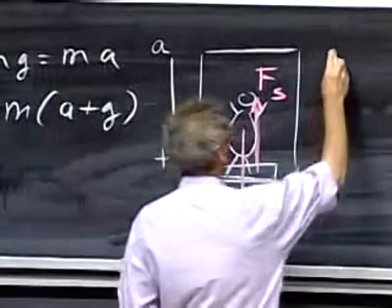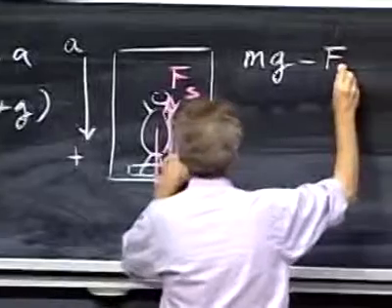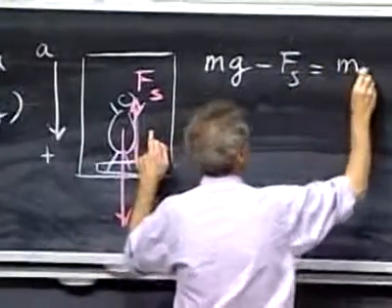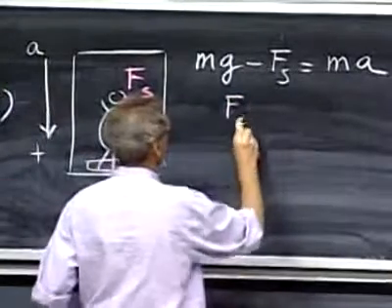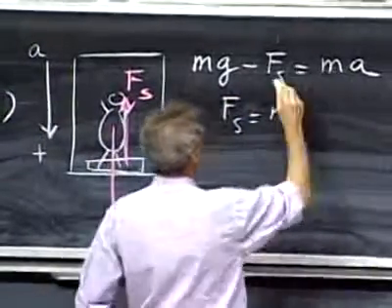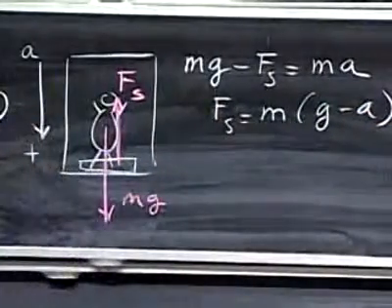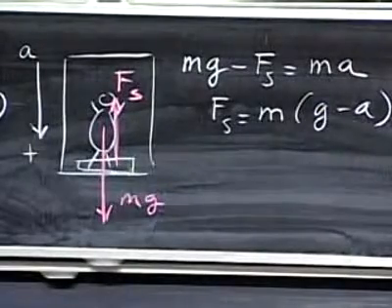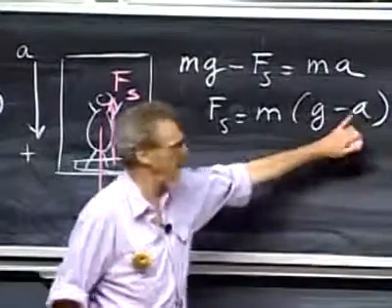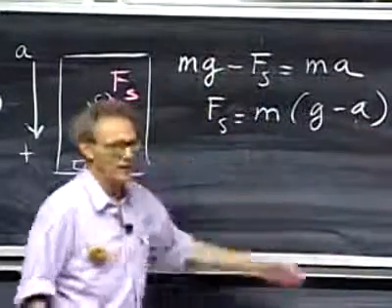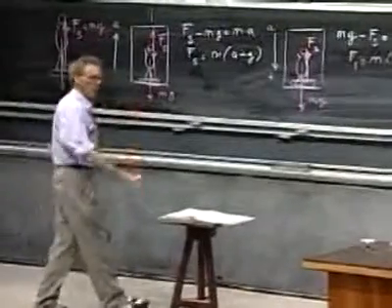So if now we write down Newton's second law, then we get mg minus F of s must be m times a. This holds for acceleration down, and so I get F of s equals m times (g minus a). This is one way of doing it, and you put in positive values for a. If a is 5 meters per second squared, you get 10 minus 5 is 5. Your weight is half. Being accelerated down, you've lost weight.